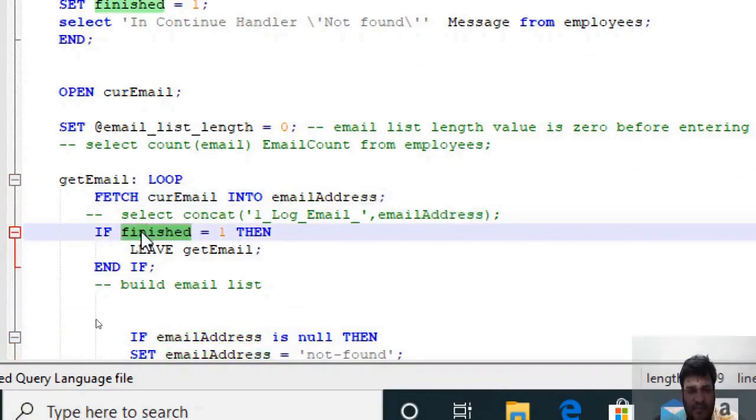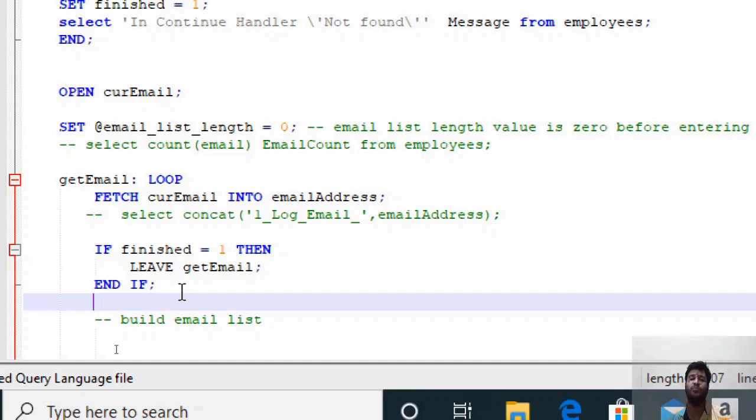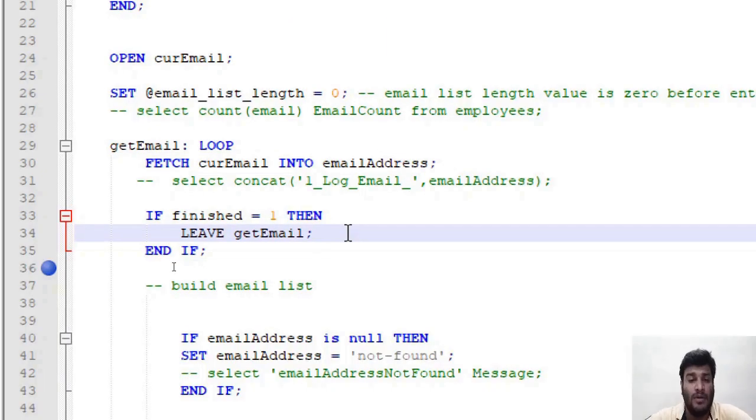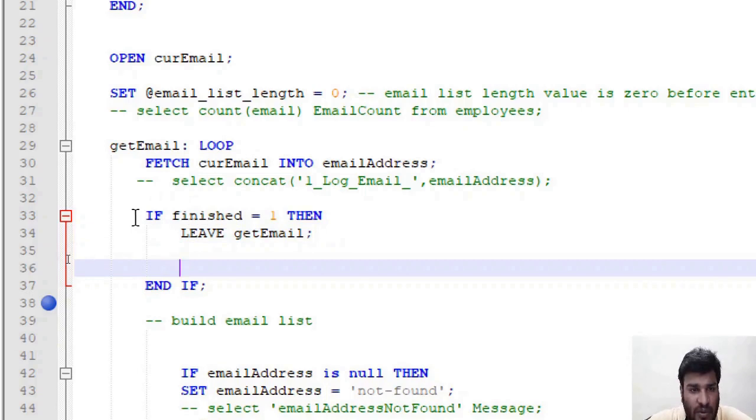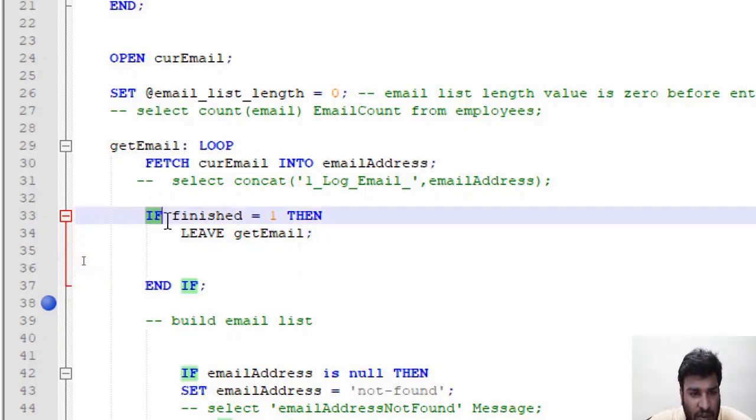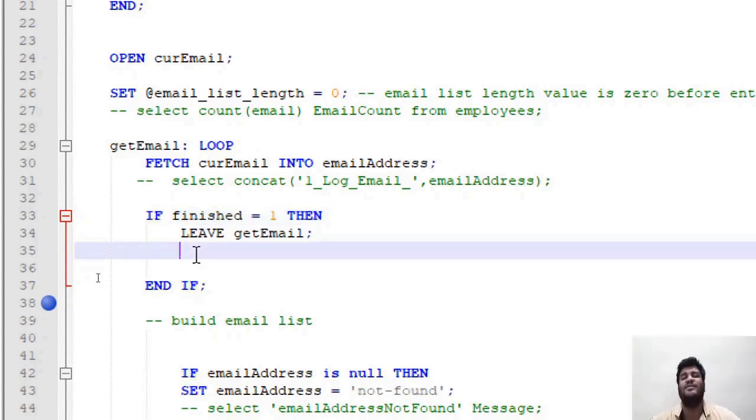Then if we say if finished equal to 1, now just before going ahead and discussing the script, let us have a small talk on if else. So guys, let us talk about the if else statement now. As you can see on my screen, it starts with the if command, and if else creates branches in a code.